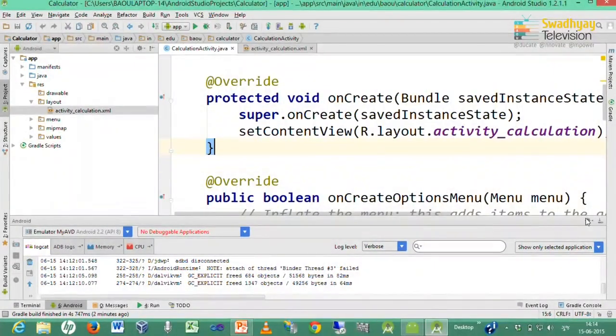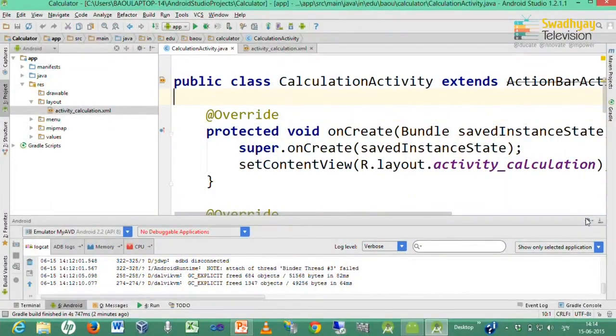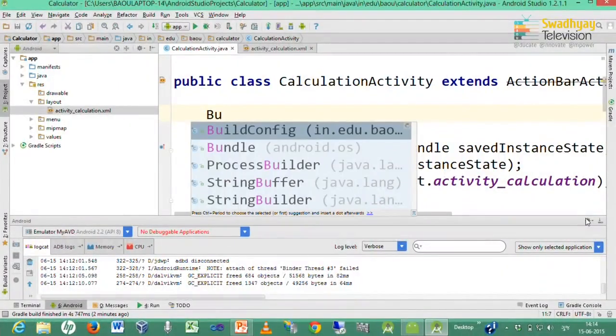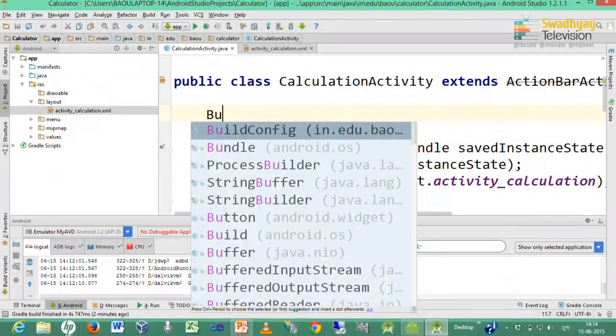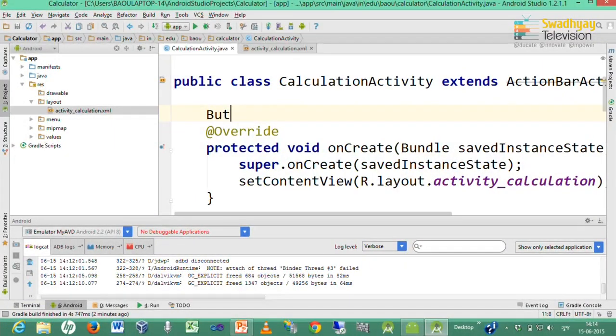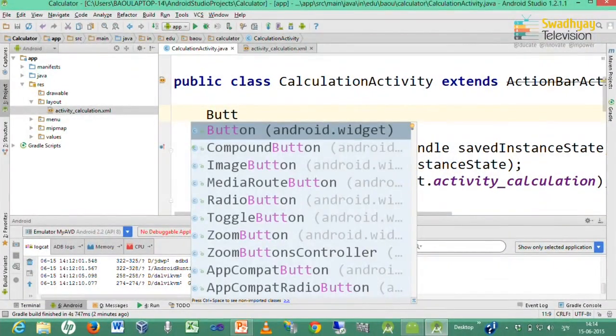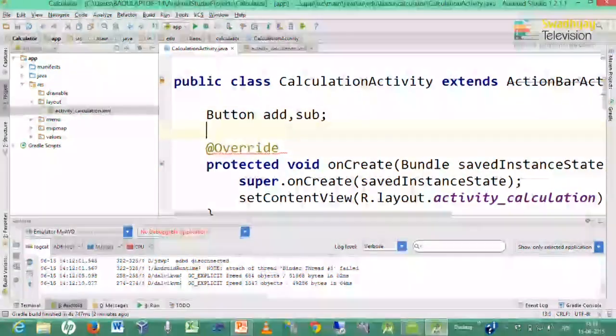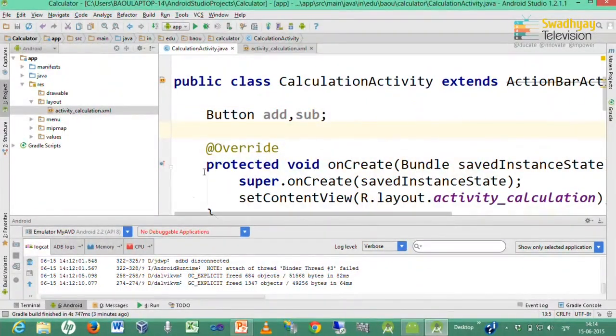So, by specifying this, it will display this layout file. Here we declare objects of type button because we want to handle button events. By pressing Control Space bar, it will automatically display. So, here I declare button with names add and sub. These are two objects representing our buttons in the interface.